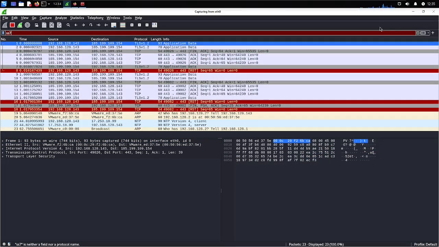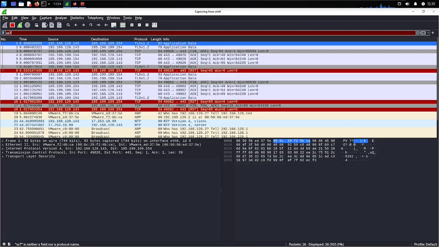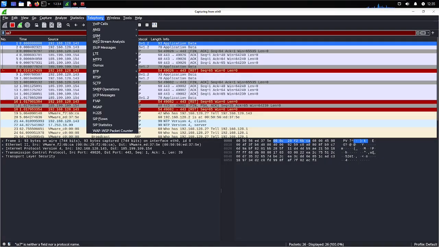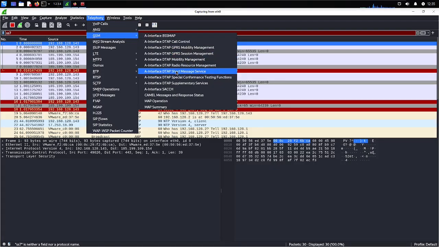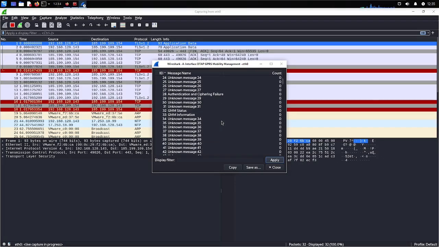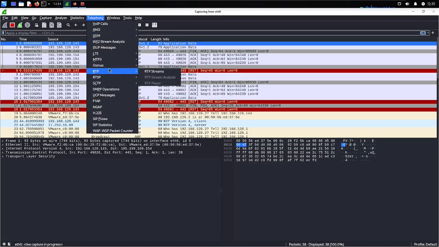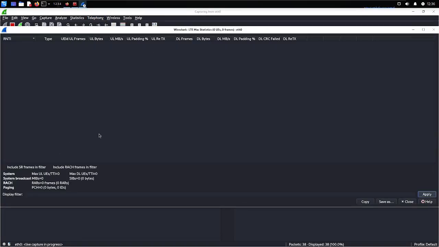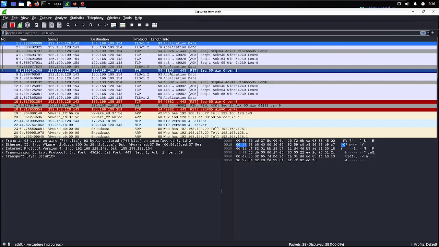So that's how you can put any filters, and any packets you can start capturing. Here also we have voice over IP calls; you can capture GSM calls, and start capturing whatever call is going there. From here you can also apply all these filters and start capturing. So these are the filters for telephony. We have some other protocols also like SIP flows; you can capture voice over IP. Everyone knows you can capture MAC statistics. From here everything can be captured, and you can make a lot of modifications.